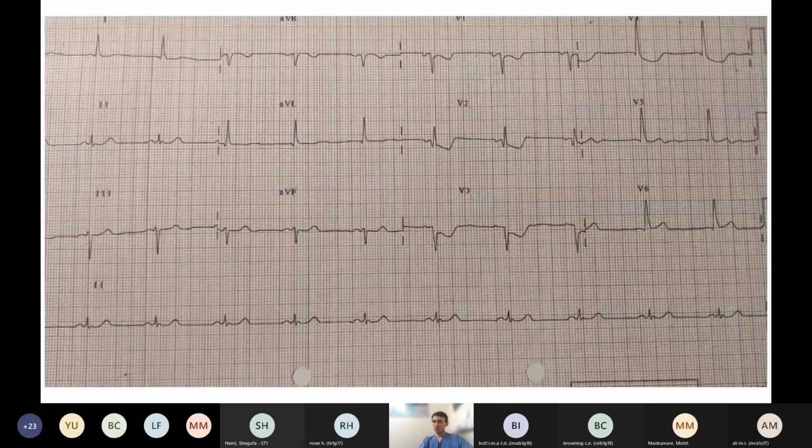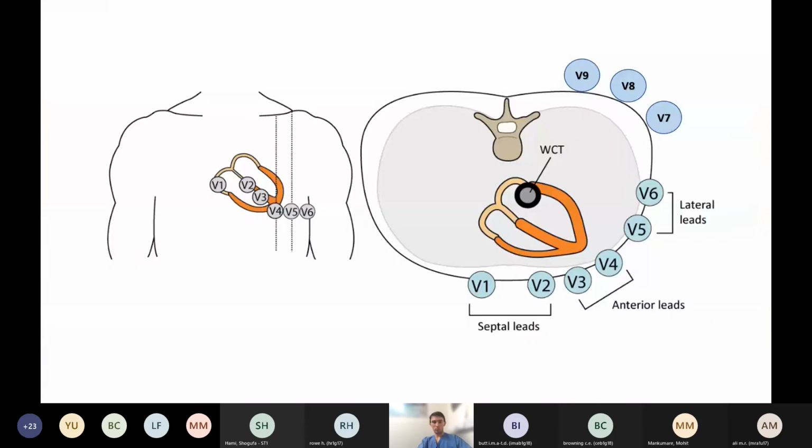Now this one, you may remember we were saying we were coming back to this one. Here we have ST depression in V2, V3, and V4. So we're thinking, okay, maybe it's an anterior STEMI, and yeah, I suppose it could be. But the thing you have to worry about in these patients, particularly if you see ST depression in V2, V3, V4, alarm bells need to be going, because if you look here,